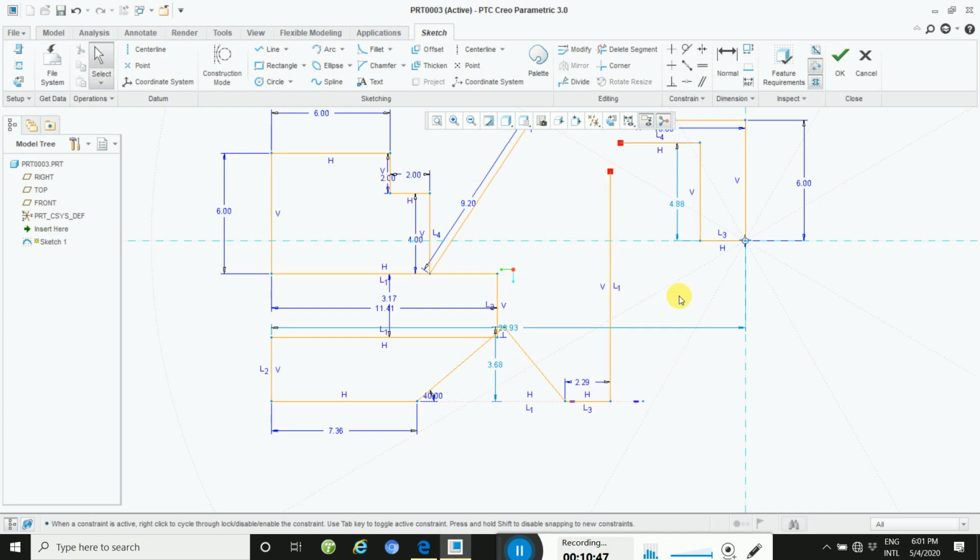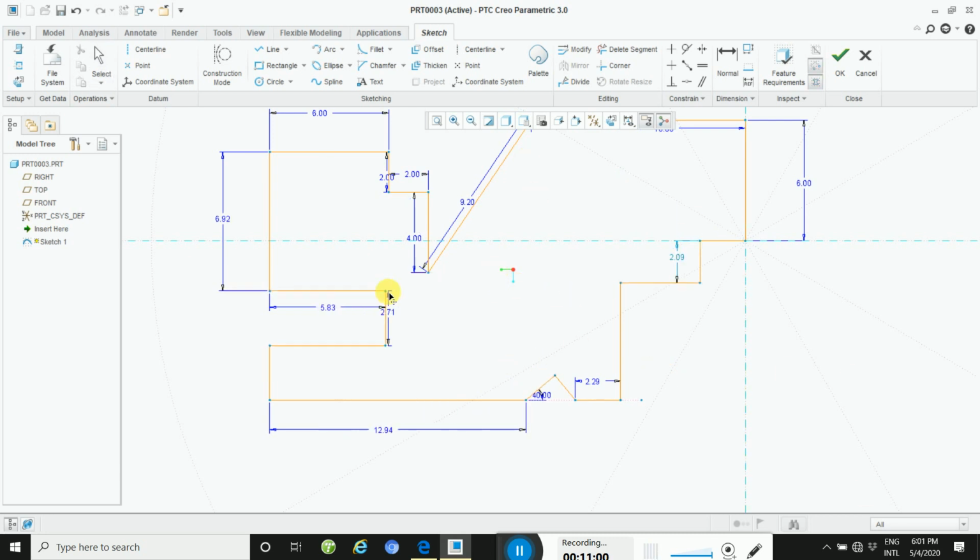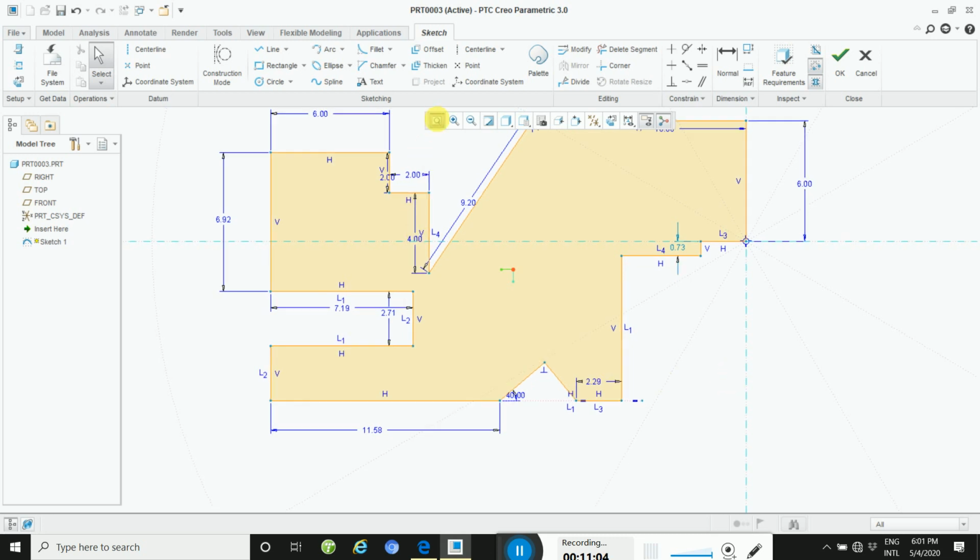So how to meet this? Click on Coincident here, click this point and then that point. This way your drawing is defined.